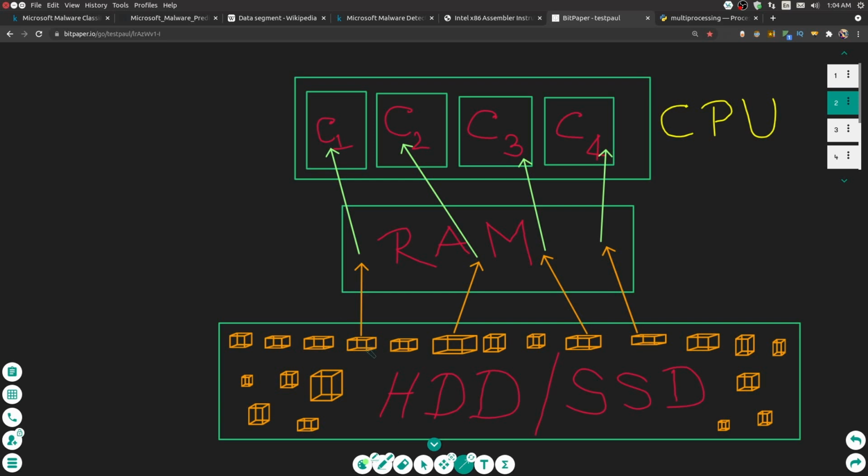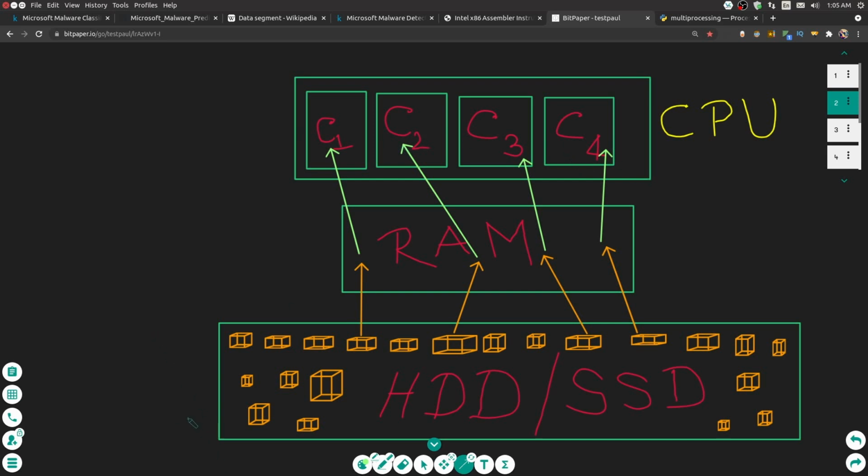So this first data point or file can be processed by the first core, then the next file by the second core, and so on. The third one can be processed by the third core, and the fourth one by the fourth core. But given it's a multi-core CPU, all these 4 processes can run in parallel,